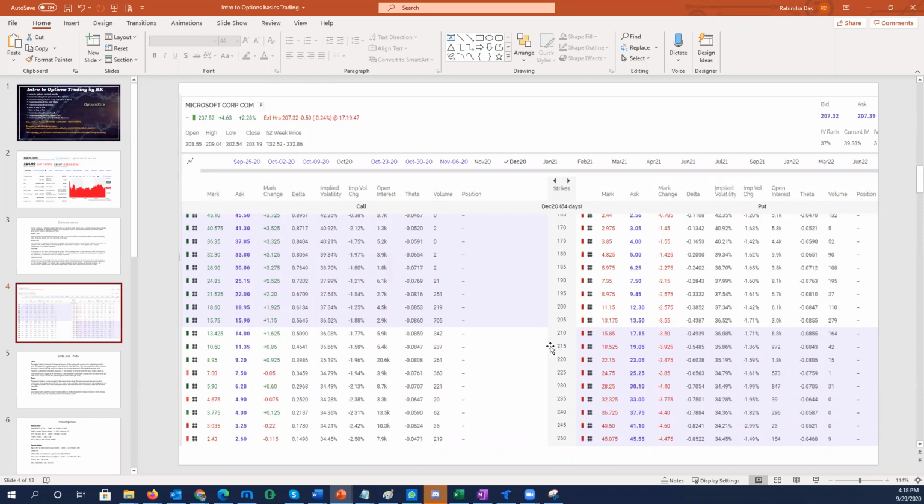So that means you can exercise this option to buy the stock at 215 and put it in your account. One contract controls 100 shares. So if you bought this one contract of 215, that is 100 into 215, $21,500, you are going to pay for this stock, but the stock is trading at 235. So you already made the money, and it gives you the right to buy the stock at the agreed upon price of 215.